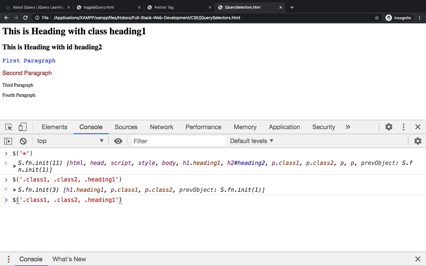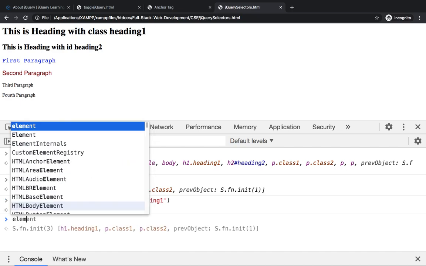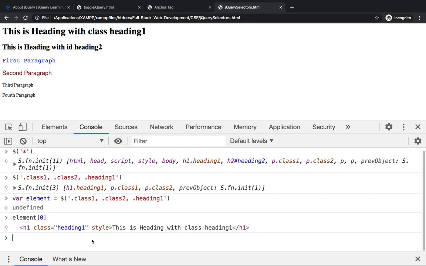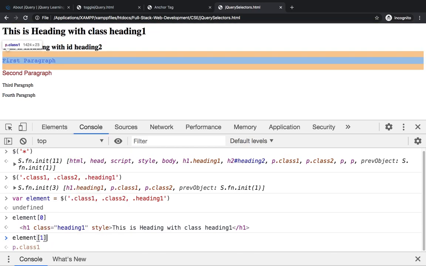If you want to see clearly which elements are selected, you can assign one variable to this selection, and I can give it a name E or element. Now try to check which element you are selecting. Element 0, this is the heading with class heading 1, then you can assign 1.